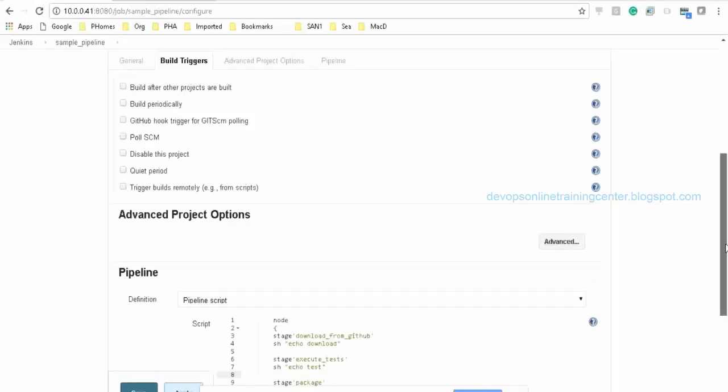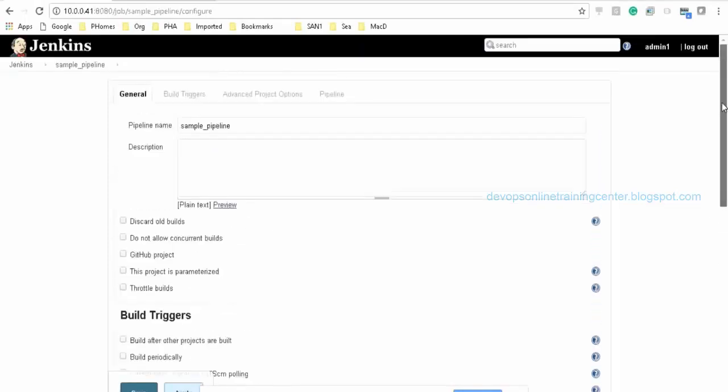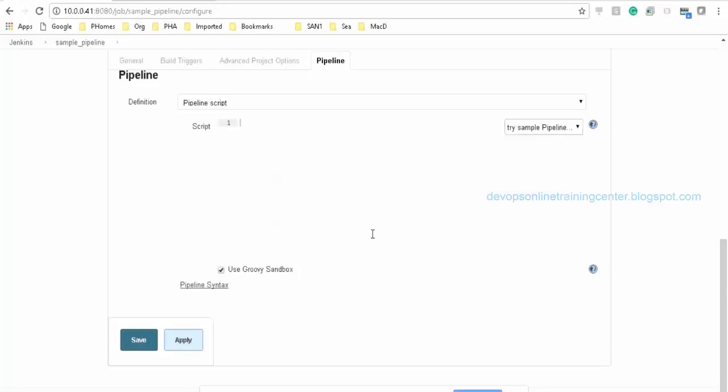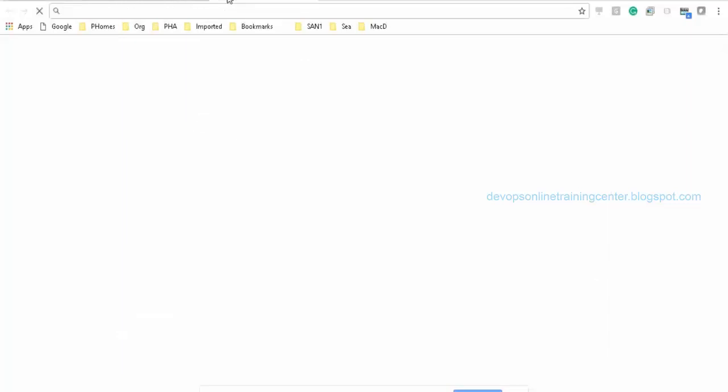So for the first time, when the job is executed, this gets the script from the SCM, the GitHub, and it executes it. Okay. So let us say I want to store this entire script in GitHub.